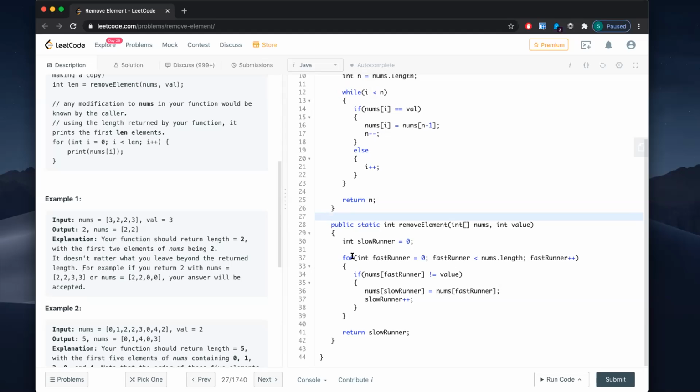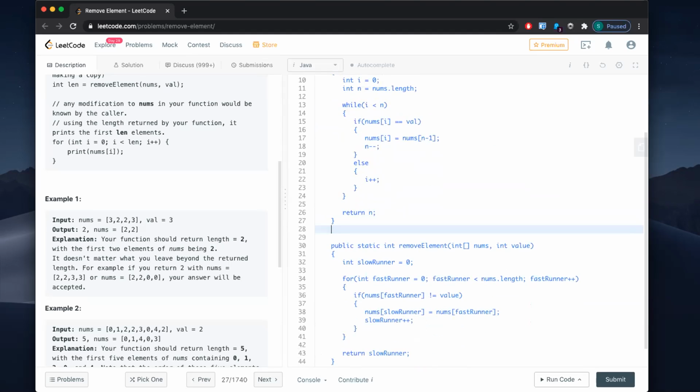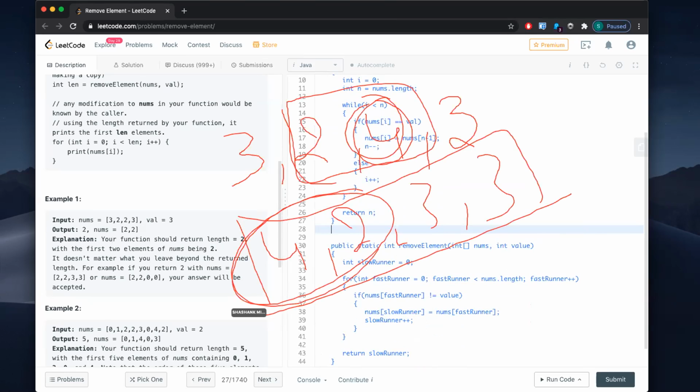Right. So when you say order was not preserved, you're saying that after removing 3, if the array looks like ABCD, then the answer should also look like ABCD. So what you are doing is moving the 4 to this side, and 2 and all the 3s to this side, right? In your earlier array, the 4 comes after 2, but in your resultant array, 4 will be before 2. So that actually is swapped order, right? So you are truncating this part unnecessarily.